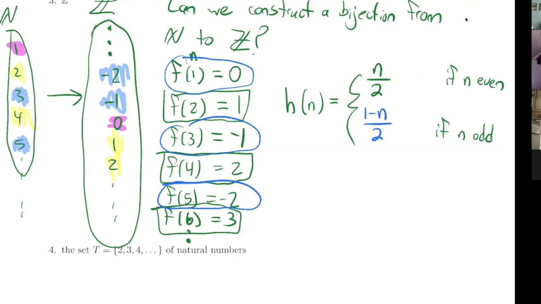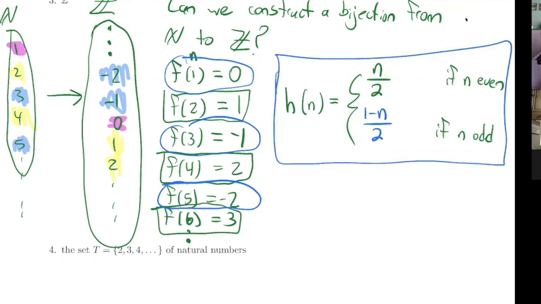So basically, we're taking the even numbers, we're using all of the even natural numbers to map to the positive ones. We're using all of the odd natural numbers to map to 0 and the negative ones. So here's our map h of n, and you would want to check that this is injective, surjective, and thus it's bijective. And that means now that I have a map from n into the integers, we're good to go, right? We've got our bijection.